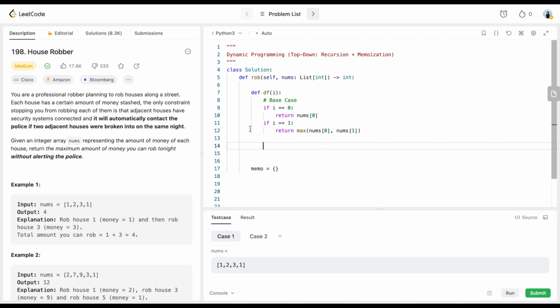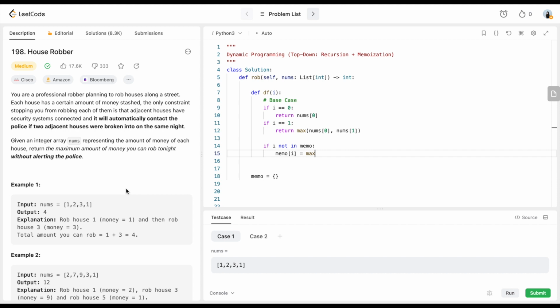So we want to keep our time complexity O of n, basically just calculate everything once. So we check if I is in memo, if I is not in memo, then we update our memo[I] as